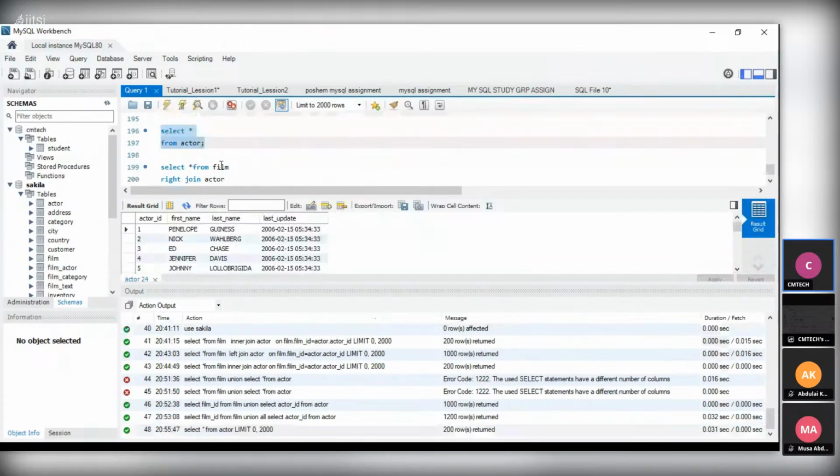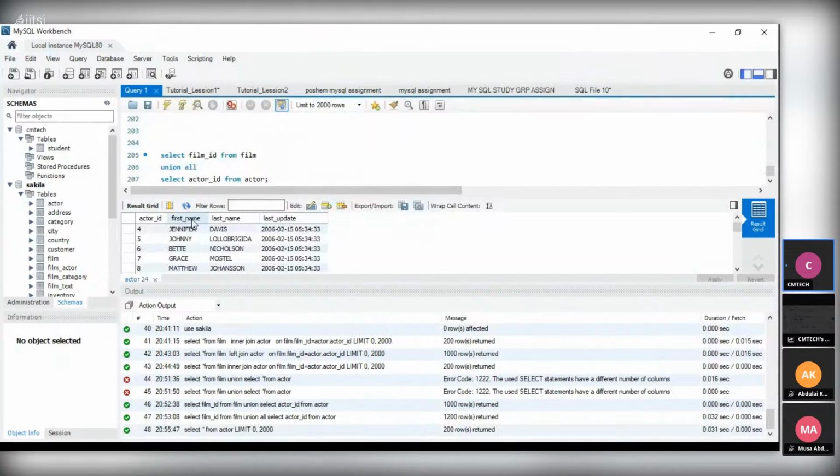Okay. Now let's see if we have Jennifer inside first name. So it's just like searching. We use IN to search, just like we are using IN to search. So let's say